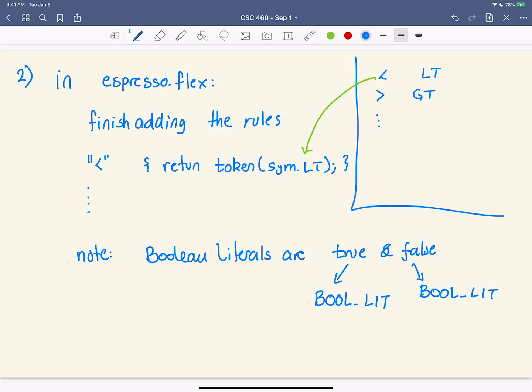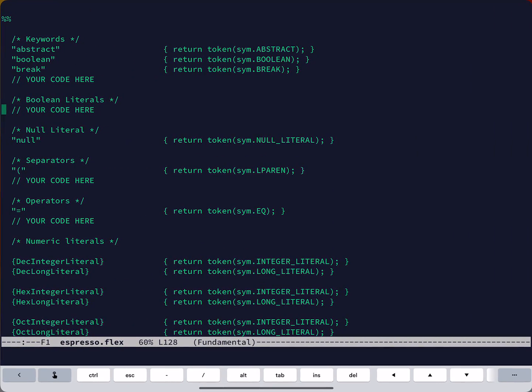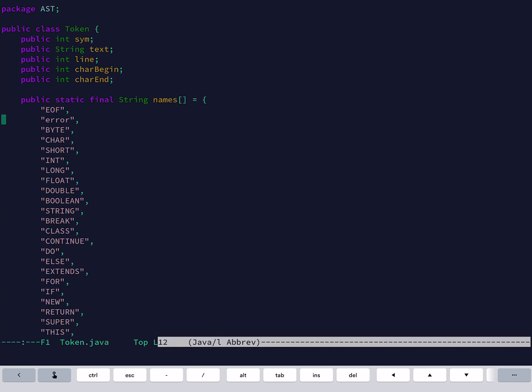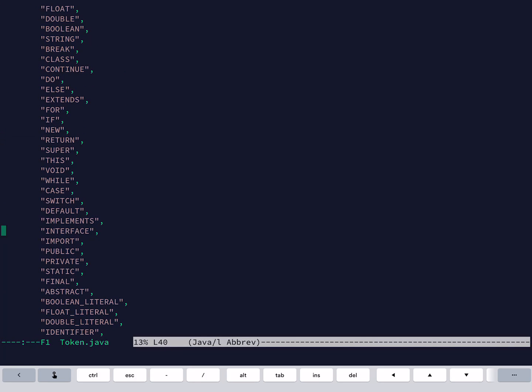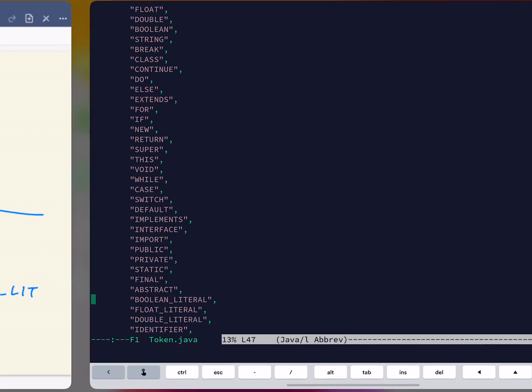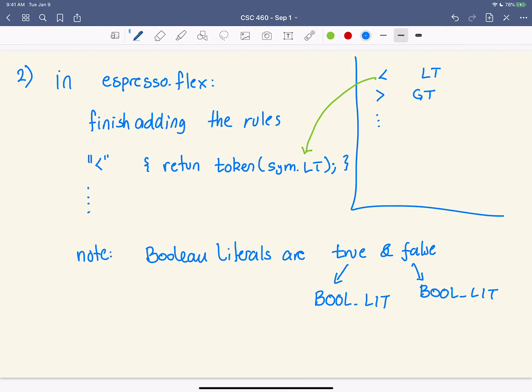I think it has to be spelled out. Let's just take a look. Gotta get the keyboard again. So if we don't remember, we can open the token file, and then we can go down and see if we can find something here that looks like Boolean literal. Ah, there, Boolean literal. All right, so all spelled out. We'll do this properly. So these are both Boolean